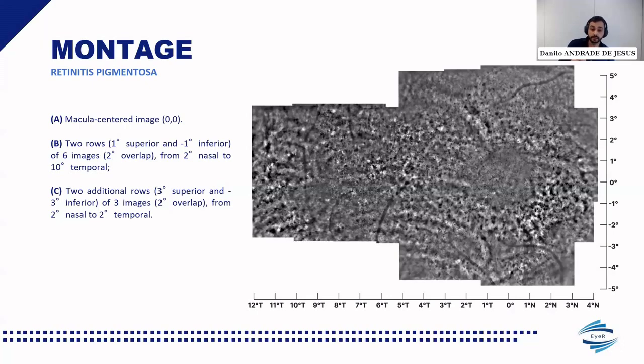Then we have a band pattern from the macula to 10 degrees temporal for imaging any changes that may occur from the mid-periphery to the macula. And this is very important, mainly in retinitis pigmentosa, because we know that it starts from the periphery to the center. In addition to that, we have two additional rows on the superior and the inferior perifoveal